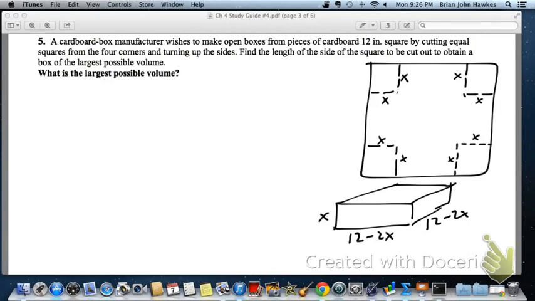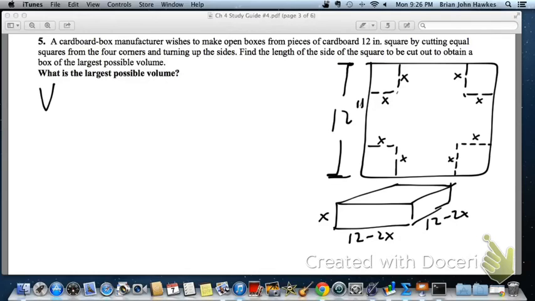Problem number 5, we're just trying to maximize the volume of a box with the given parameters. We've got a 12-inch square piece of cardboard, so the 12-inch part goes right here. So it's 12-inch square, so each side of the square has a length of 12 inches, so 1 square foot. And the volume then, after we cut a square out of each corner, we see that when we fold up